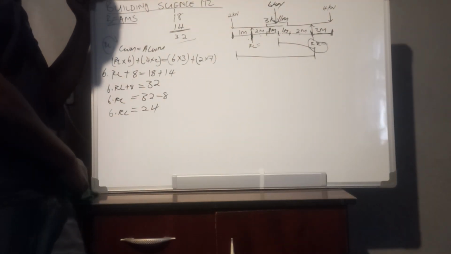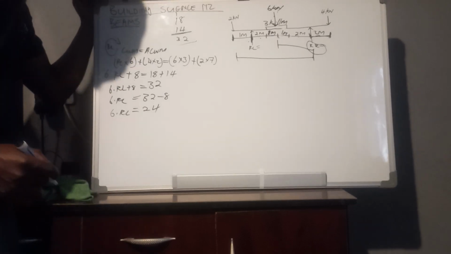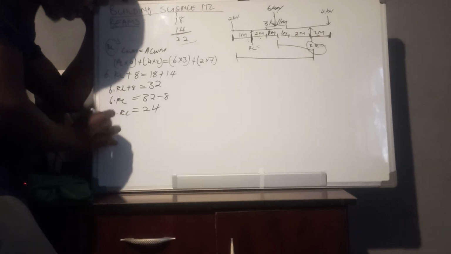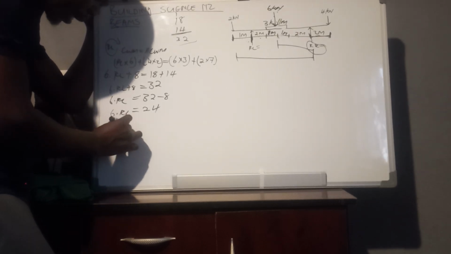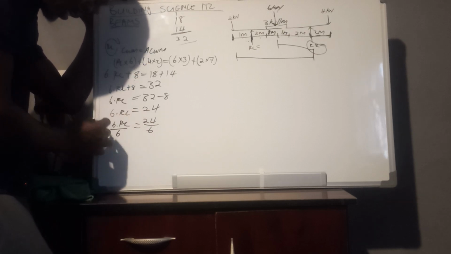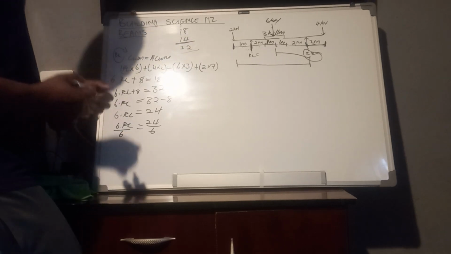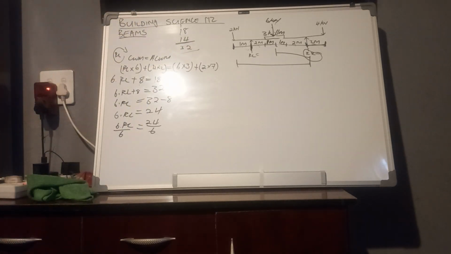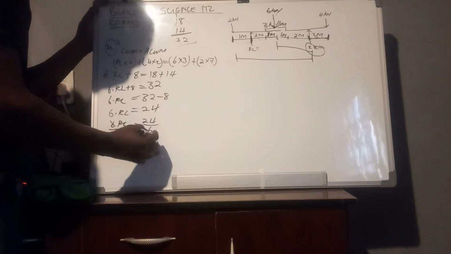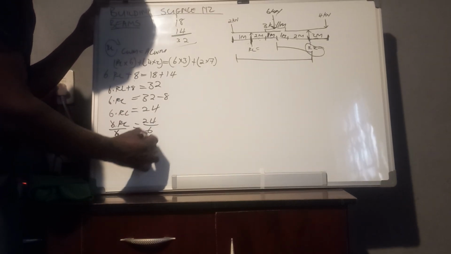24, right? Then from here, what do we do? We have to divide here so that we can make RL the subject of the formula. So we are going to say 6 RL divided by 6, and this side 24 divided by 6. 6 RL divided by 6 is RL, and 24 divided by 6 is 4, because this one cancels this one, and we are left with RL is equal to 24 divided by 6, it's 4